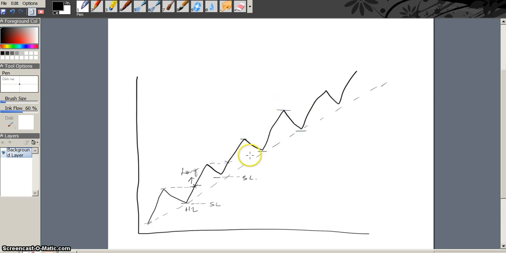Okay, so when price breaks through this, you move the stop here. When the price breaks this position, you move the stop here, and so on. Eventually there will come a point when the price no longer continues the trend and it breaks not only the trend line but also a previous higher low. Okay, so now by this time you would have moved your stop loss here. So when this happens, you will be stopped out automatically because you would have moved your stop loss here, but by that time you would have booked a profit of,